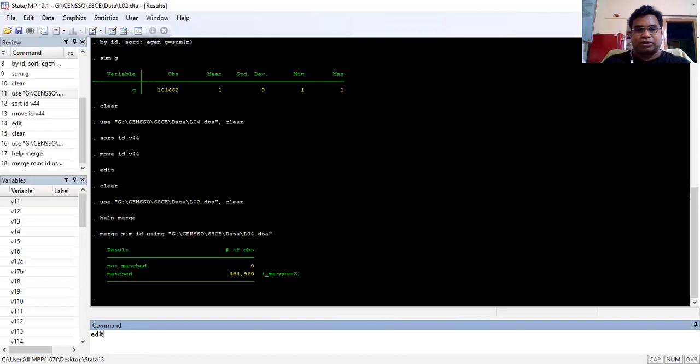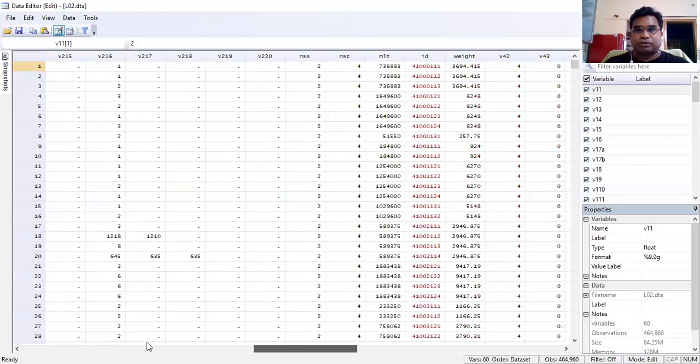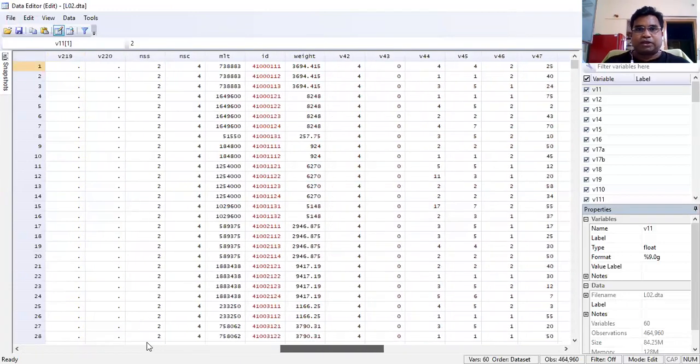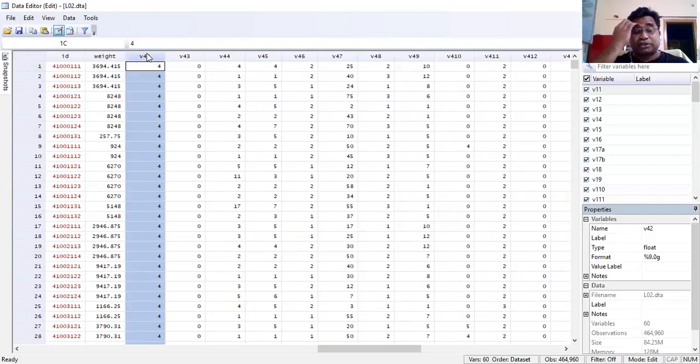Right, now let us go and check what has actually happened. If you go here, this is ID, weight, V. Here onwards you see the level one information, because you saw earlier that for the first 35 byte positions, the variables are the same. When you are merging two data sets, there is no point in repeating those variables which are common in both. So after weight, it starts from v4 to 43, and that's how it goes.